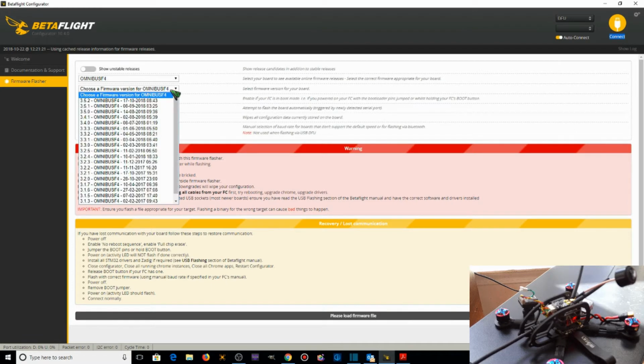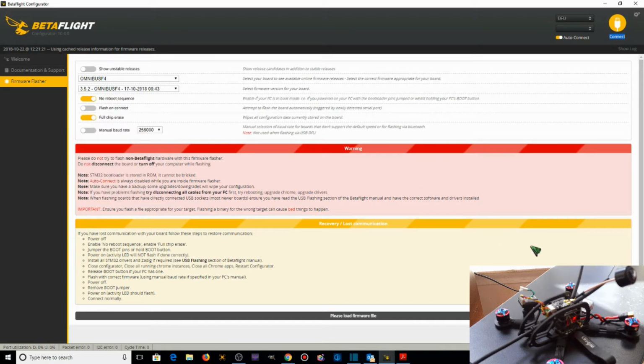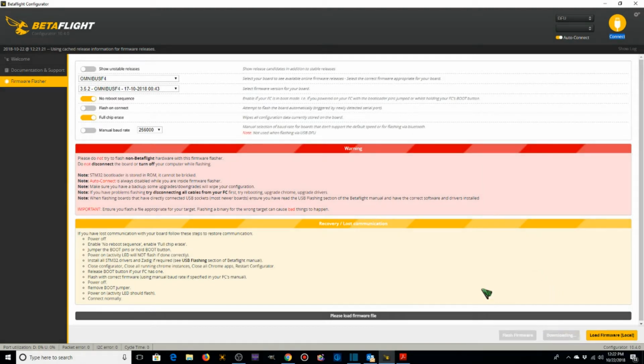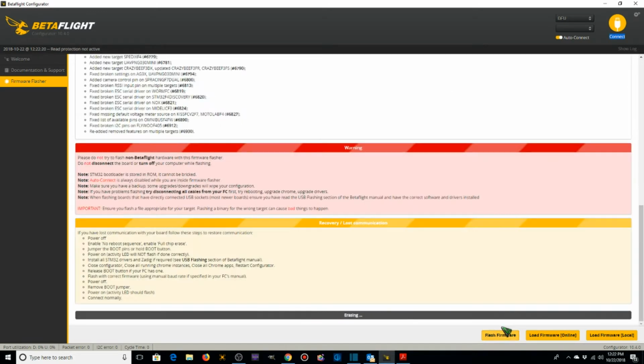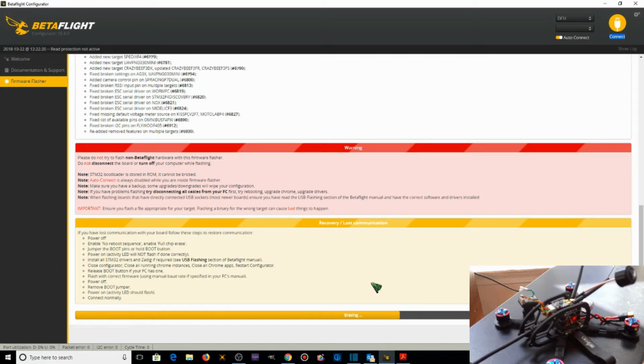Right here, firmware version 3.5.2. Going to load firmware online. And then we're going to flash firmware. You can see down here it's flashing. Actually, it says erasing right now, so we're erasing, and now it's flashing. And it's been verified, programming's been successful, and now we have the latest version of BetaFlight on the flight controller,